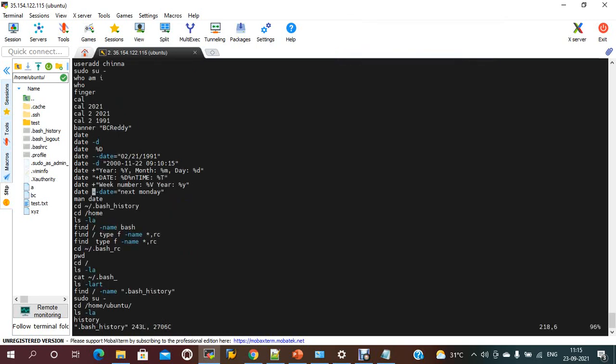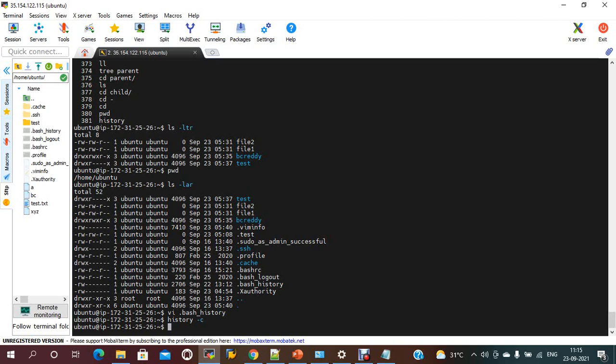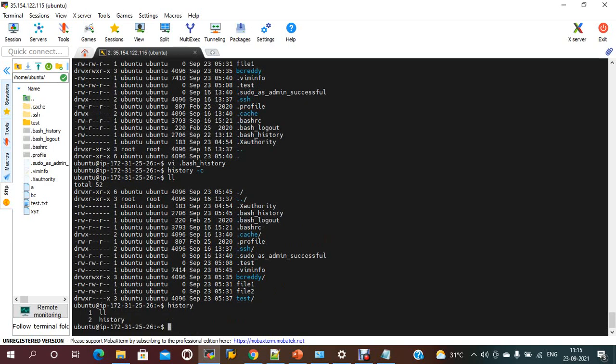All the entries are available, but this is not the recommended way to delete them. If you need to clear the history, the command is history -c. If you give this command, the complete history will be deleted. If I type history again, all the executed commands are deleted.